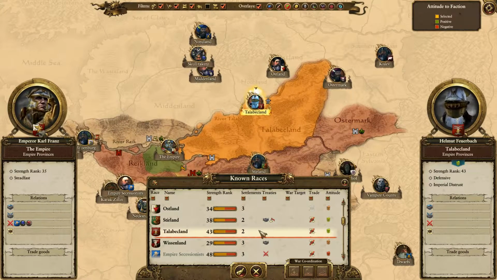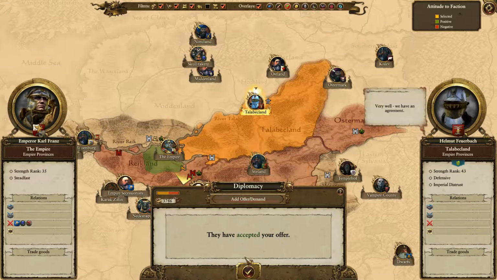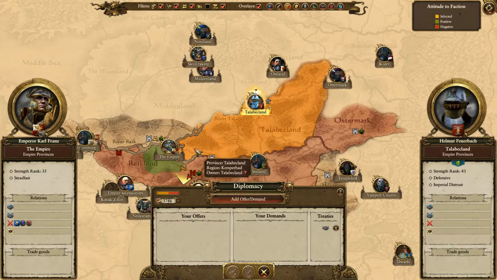Okay, once again, these guys are friendly. Now, we don't have a non-aggression with them, so we could try to get that. On behalf of the Empire. No. Okay, good. We got a non-aggression with them. I would like to get a